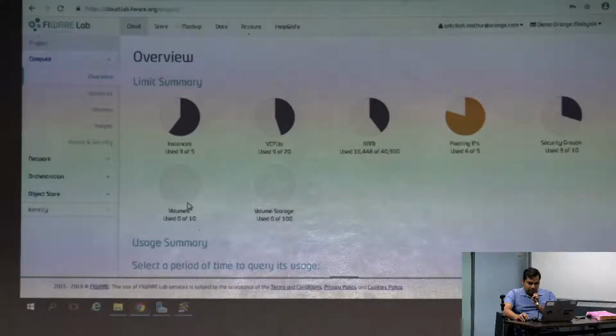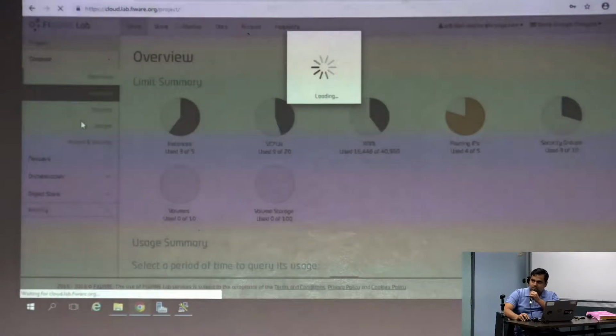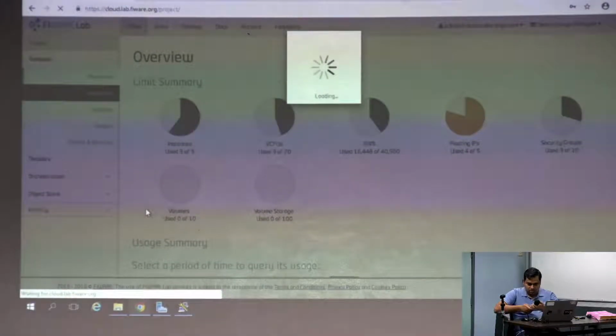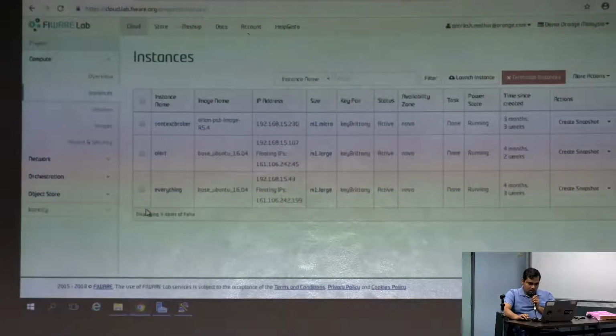I think one is for SSD and one is for the normal storage. So if I just browse it, there is an option for creating instances. When I click on instances, I can see the list of instances. Okay. Now, just to tell you, this morning when I was doing the demo, I was doing the demo on